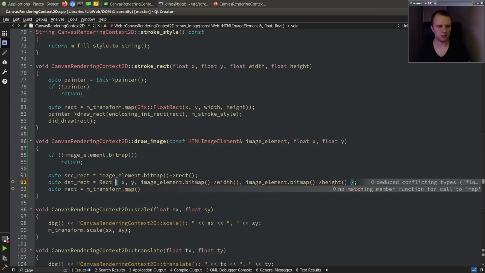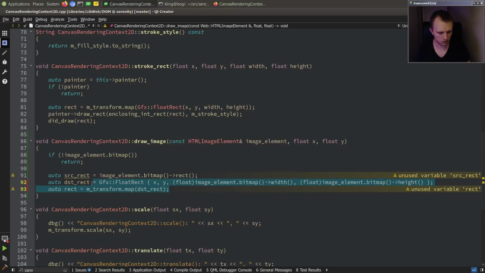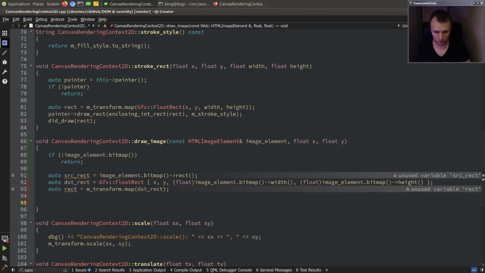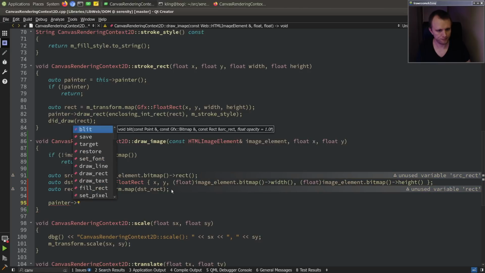Oh, and you don't know that I'm making a rect here. And you don't know that I want a float rect. Float rect. And you still don't like me because I didn't qualify it. And then these guys are integers, so we've got to cast. All right. Have you hassled me enough, compiler? Then we just have to remap the rect into the transformed coordinate space, and finally call painter draw